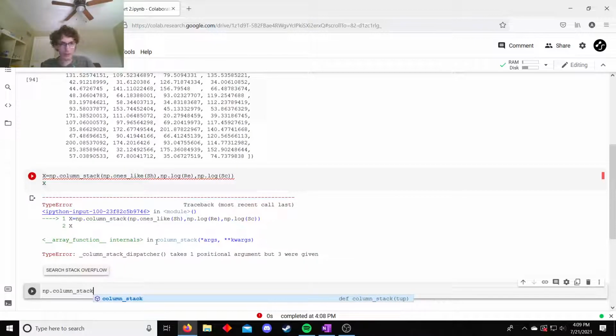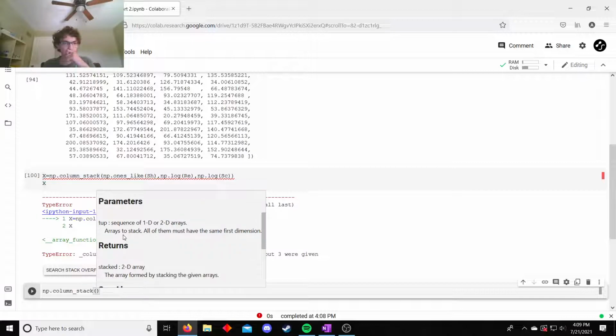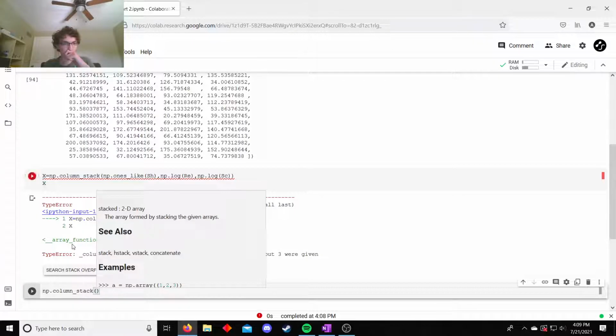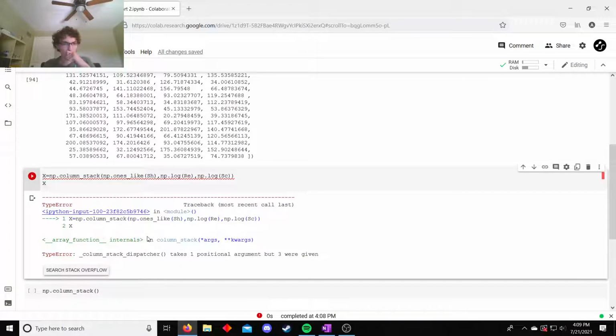Let's see, column stack. An array. All of them must have the same first dimension, a sequence of arrays. Okay. So, oh,